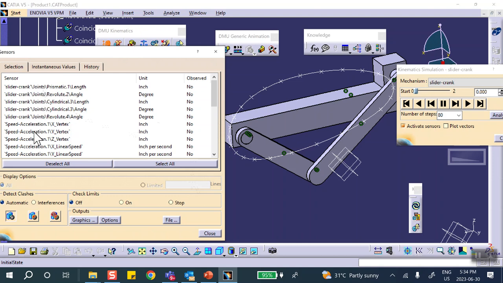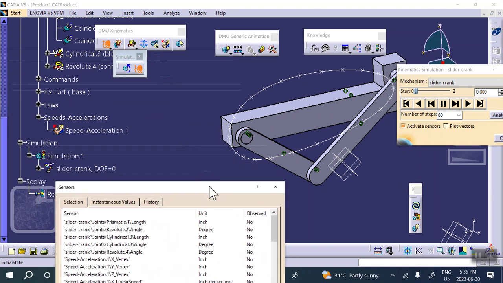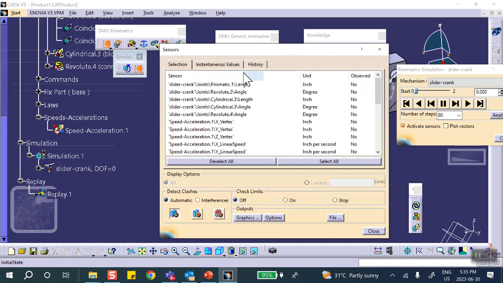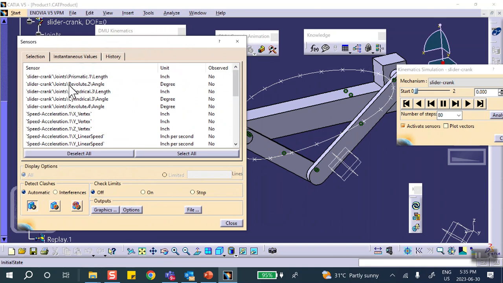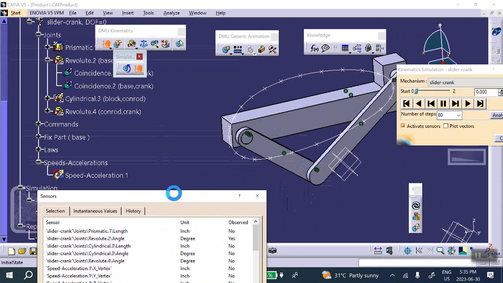I'm going to ask, for example, let me ask for one thing. See this slider crank? Slider crank joint Revolute 2. Which one was the one that I had? Actually, which one did I fix? Yeah, it was Revolute 2, okay? So I'm also going to ask for Revolute 2, which is the angle of that crank. As a function of time, that angle will grow, correct? It goes from 0 to 360. Now, move this thing down and play it